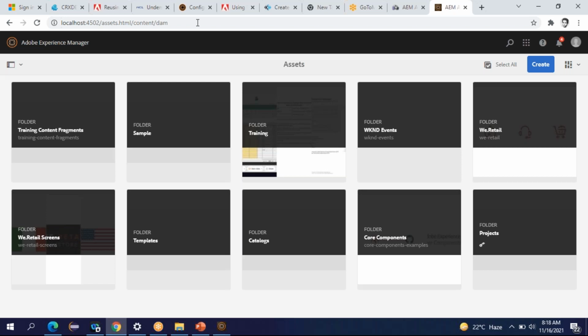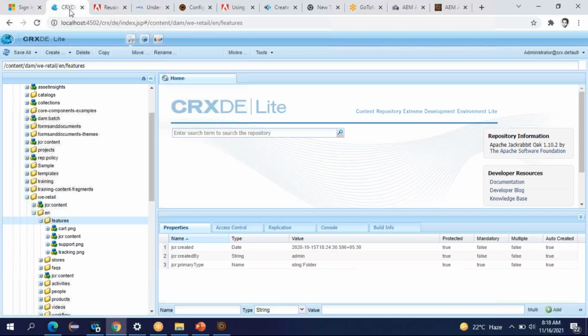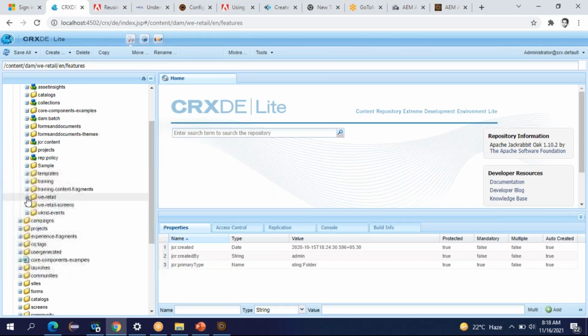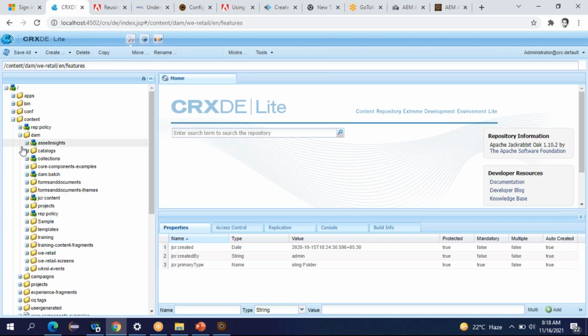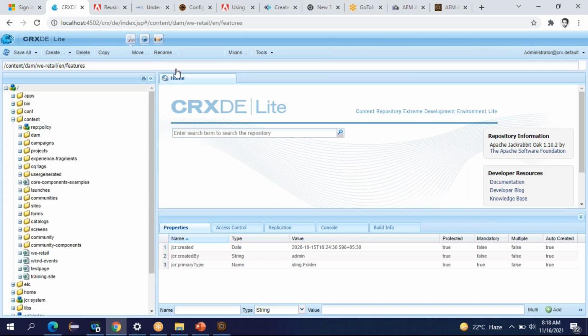But if you try to open DAM admin using your touch enabled devices, the UI may or may not work. Some of the functionality may not work. That is the reason they introduced assets.html. So we have covered CRX3 console, site admin, DAM admin, and in CRX3 we have seen the apps folder and content DAM folder. Any questions, doubts till now?